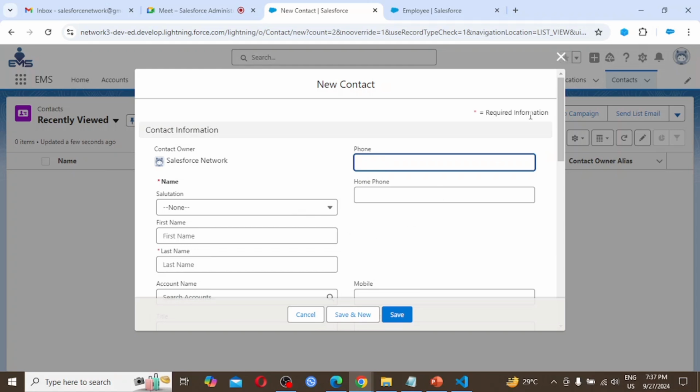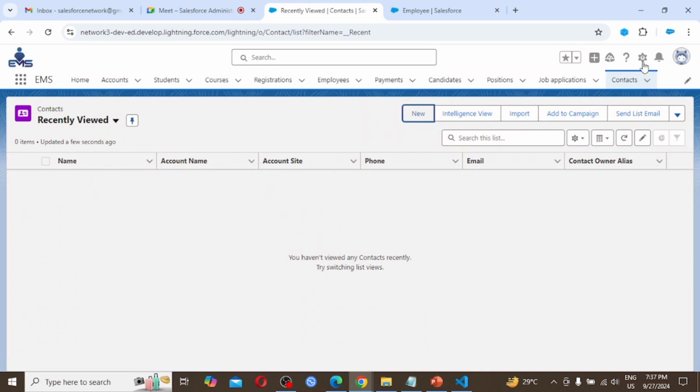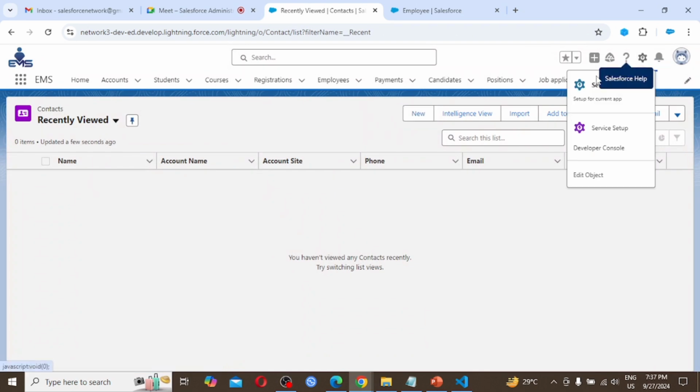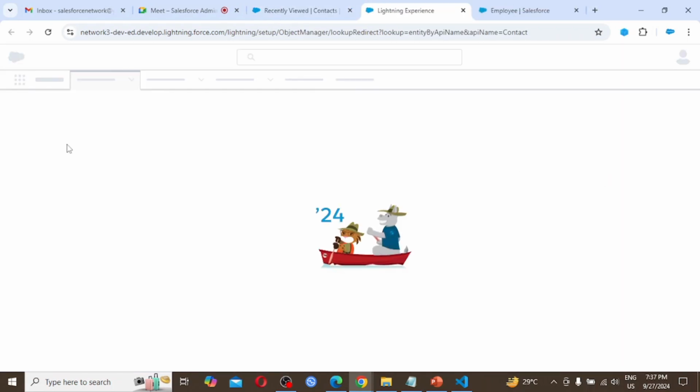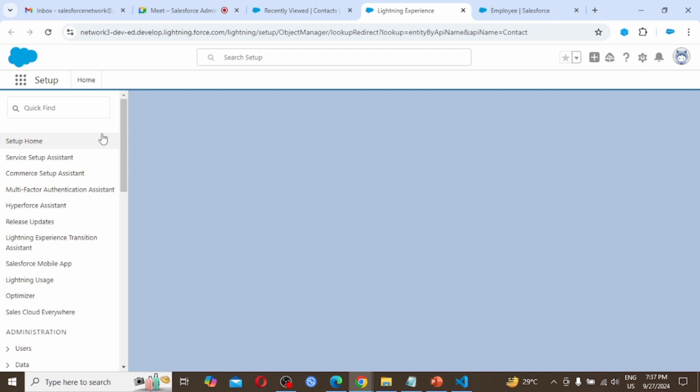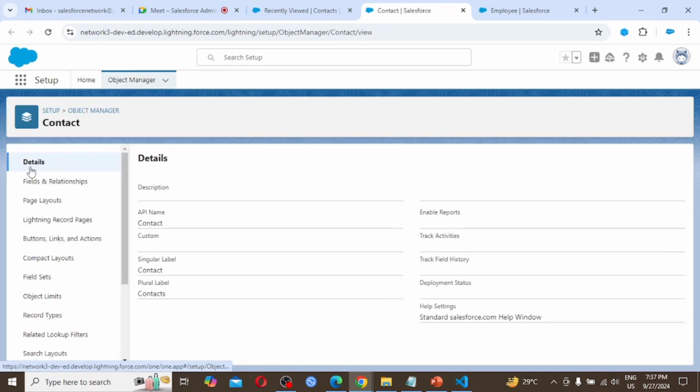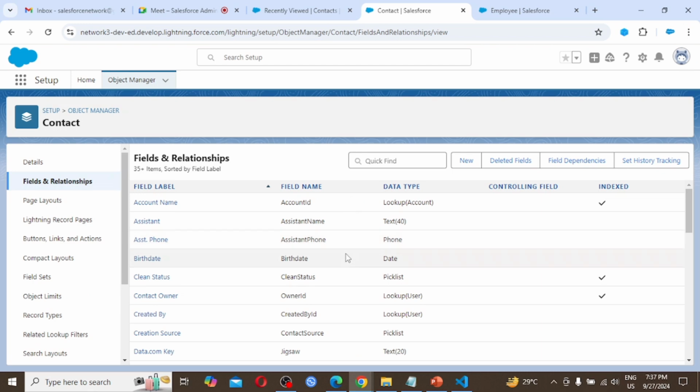So what do we have to do to display it like this? We need to click on setup. After selecting the contact object, click edit object. We are on the detail of contact. So in detail, click fields and relationships.